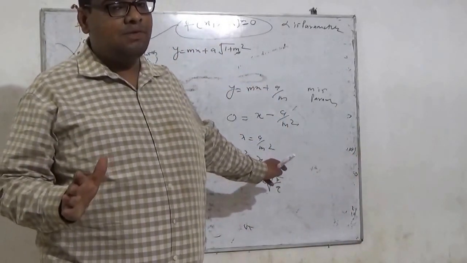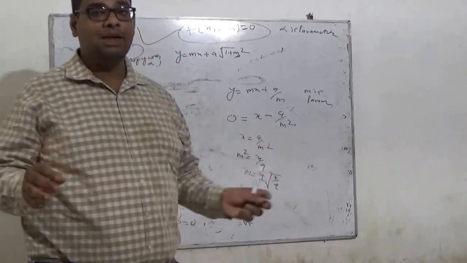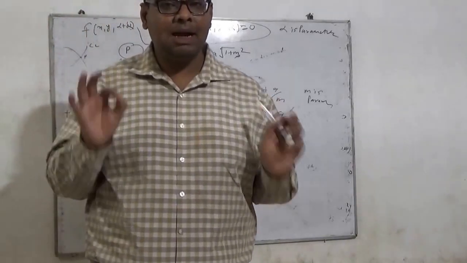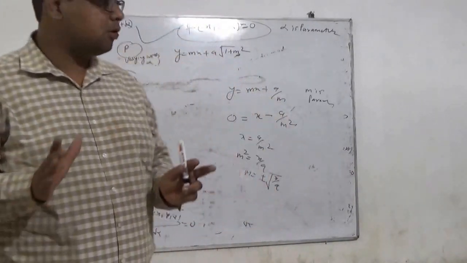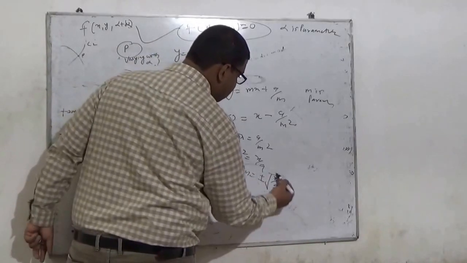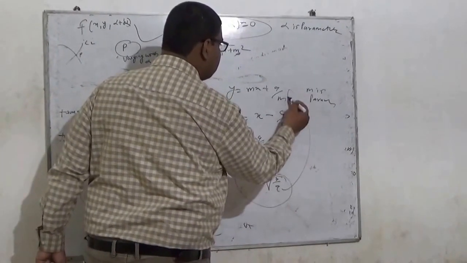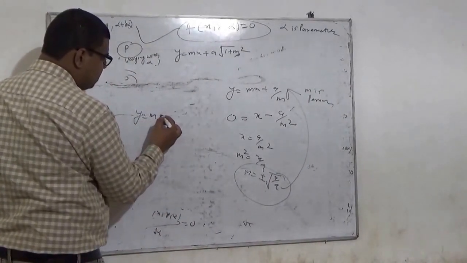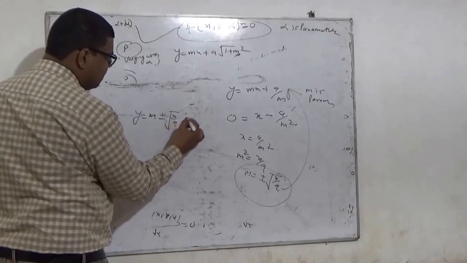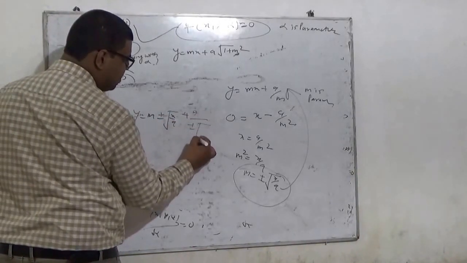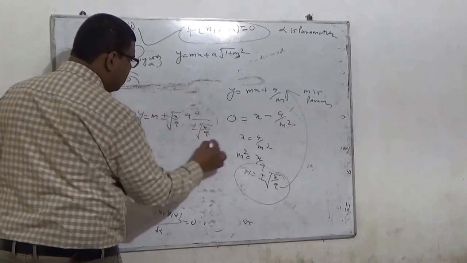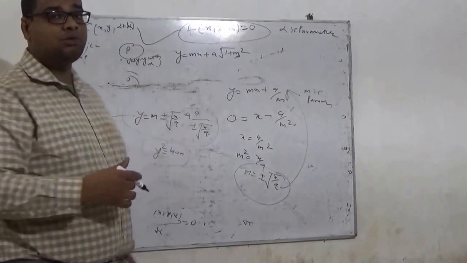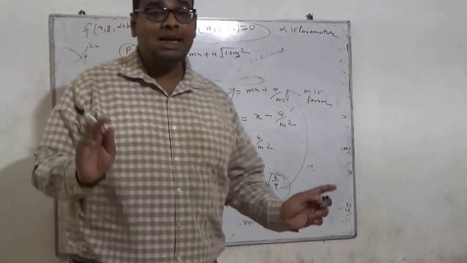After differentiation, we have to solve this equation and the given family of straight lines. Our aim is to eliminate the parameter in order to find the equation of the corresponding envelope. So I will put this value in the given family. So I will get y is equal to m, plus minus square root of x upon a, plus a upon plus minus square root of x upon a. When I solve this equation, I will get y square is equal to 4ax. What is this? This is the equation of the parabola. And what is this? This is the condition of tangency.